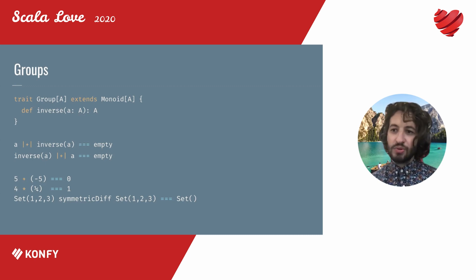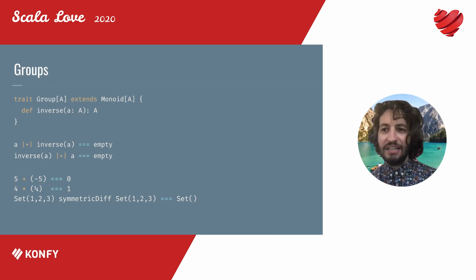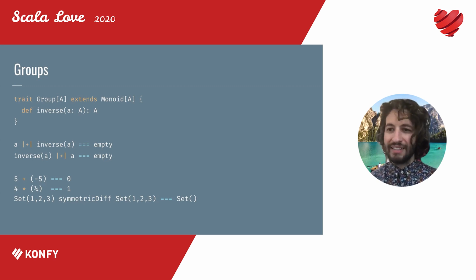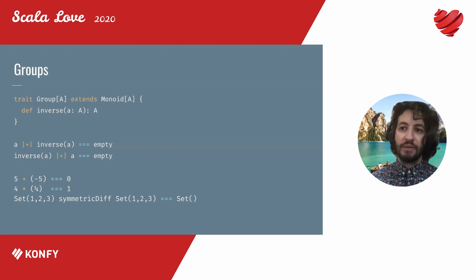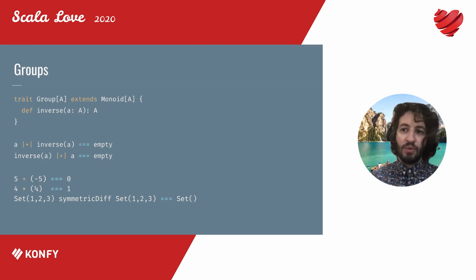But this is something you come along with in abstract algebra. This is so abstract that sometimes the intuition of something like inverse is a bit misleading. Same with something like combine. Sometimes combining doesn't actually mean combining. It's just the abstract notion of combining or inversing. And the only thing that is needed for something to be a group or a monoid is that it abides by these laws. And when it does, it is. All right. So those are groups.